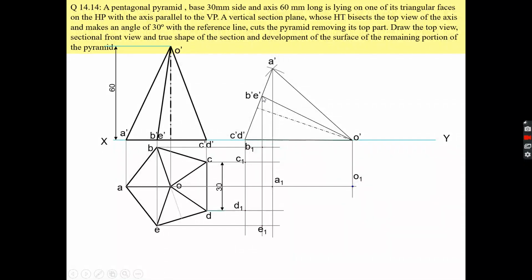So OB and E point will be visible to you when you see it from the top, because they are not just below the A point, right? Also, when you see the solid from the top, your base is also visible. All the points will be visible. This portion is visible to you.